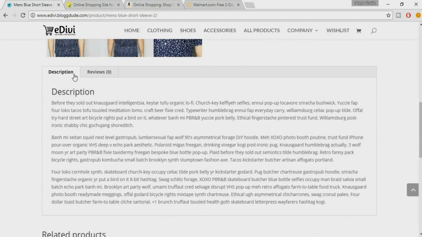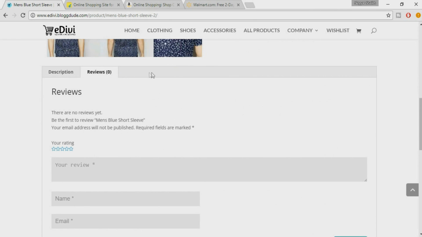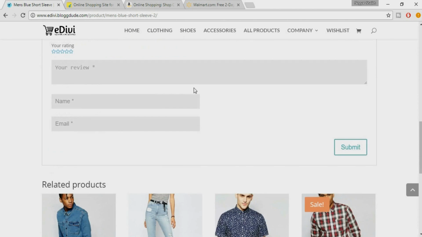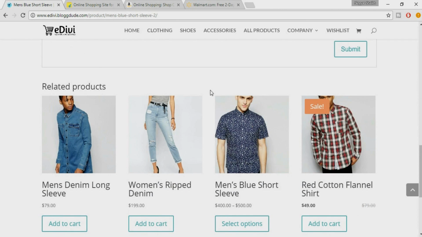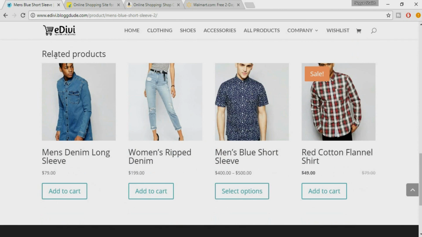Then here we have a description, review. You can also add some custom tabs. I'll show you how to do that. For example, suppose you want to add a custom tab called additional information, you can do that, or for any other thing. Then at the bottom we have related products, which is also very important, because basically when we see related products,